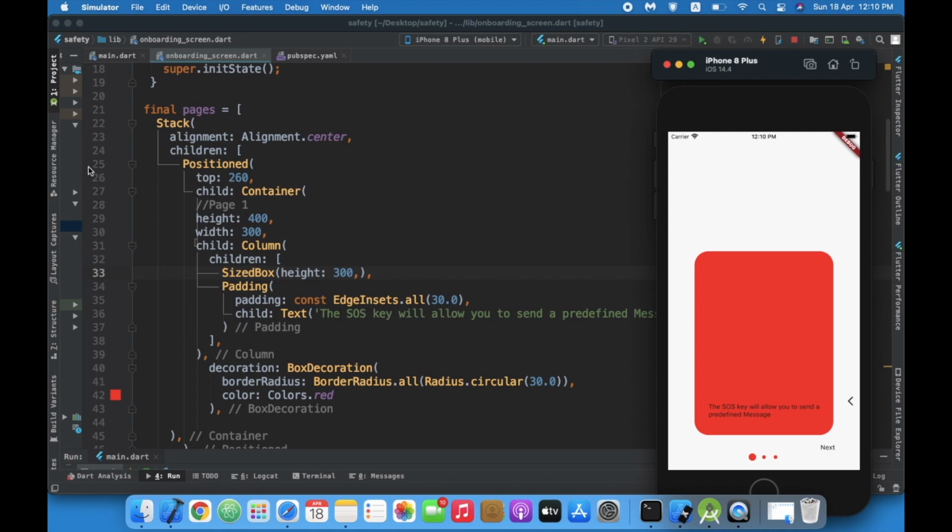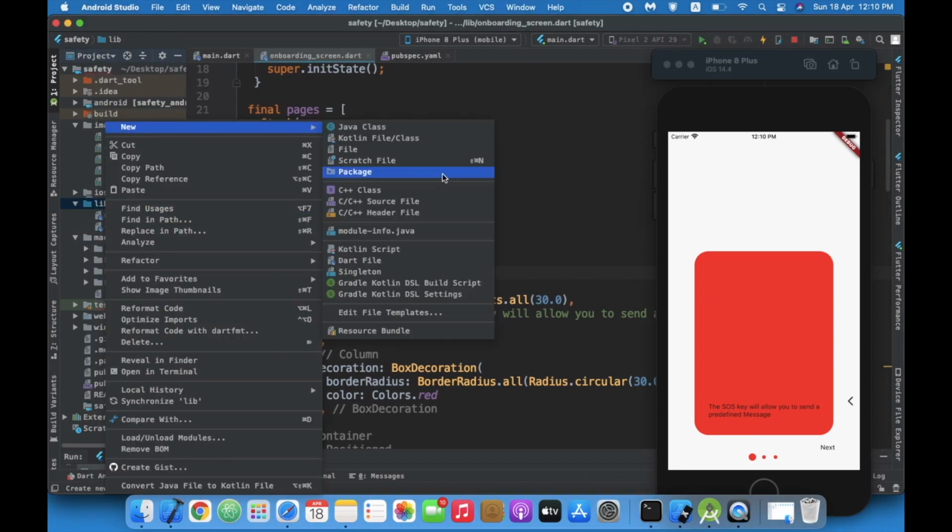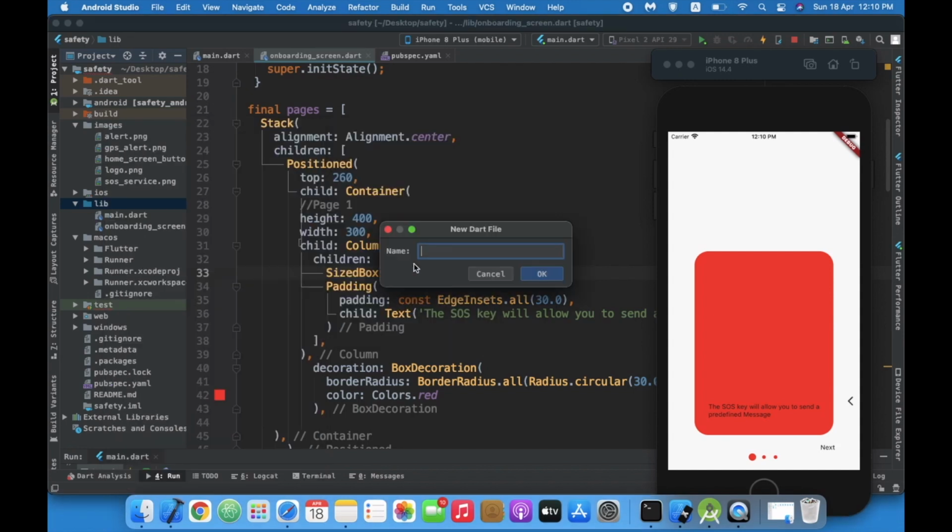Let us create one more file over here, which I will call constant.